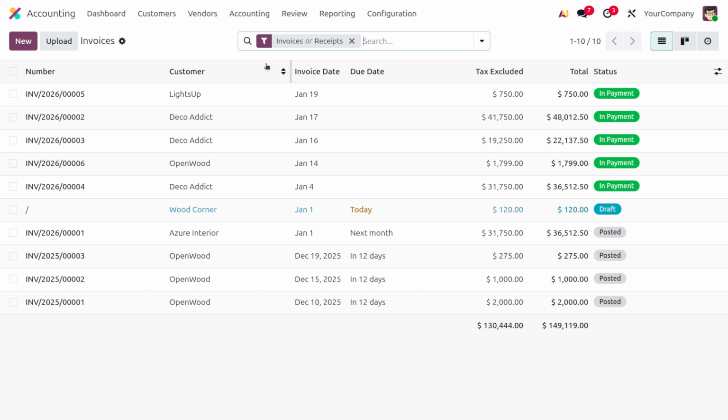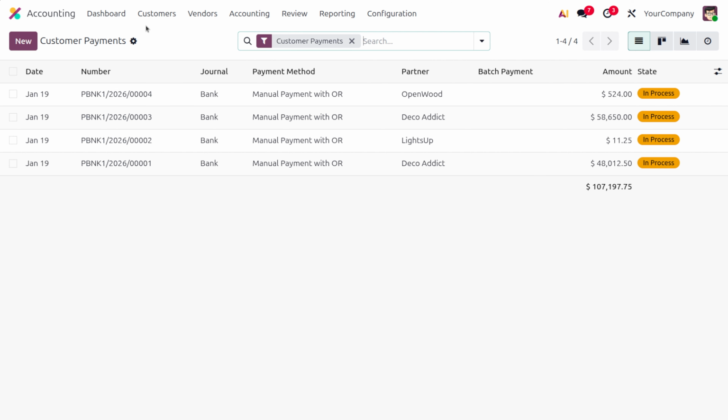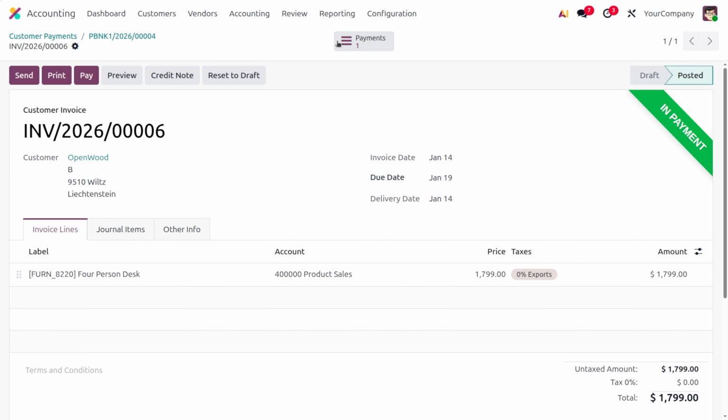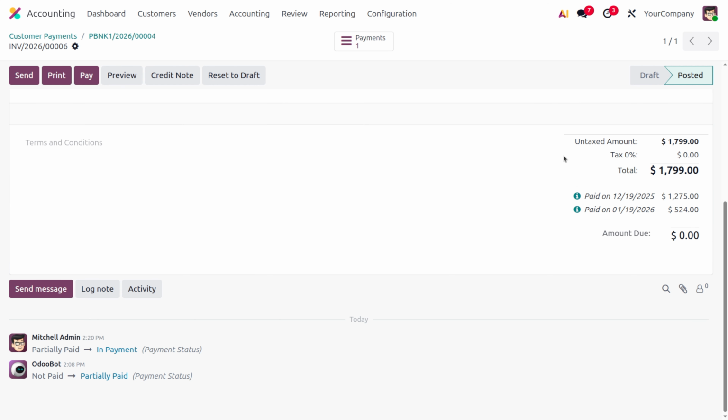So for that, you can also move on to the customers and choose the customer payment. As you move on to the customer payment, you would be able to see all the payments generated over here, and you can choose one of the payments from here. And when you move on to the invoice, you can also easily see that